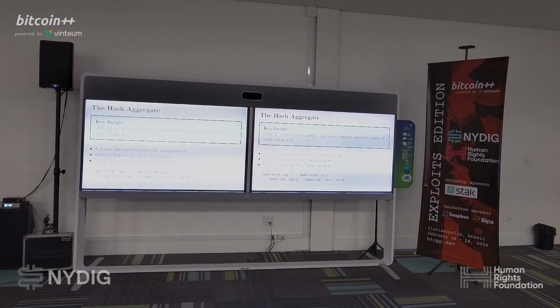The hash aggregate is just 32 bytes. You add spent outputs, and you subtract the inputs. If you reach the end of IBD and the aggregate is 0, you are okay. You can verify that the IBD is actually correct and you didn't make a mistake.